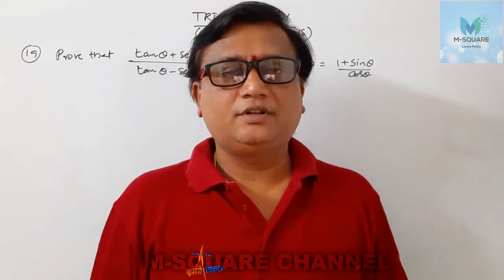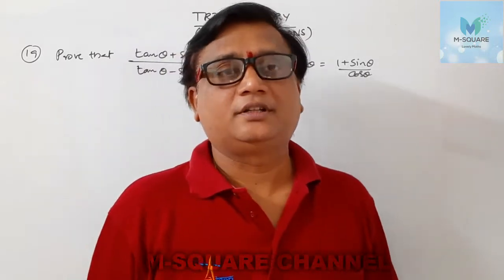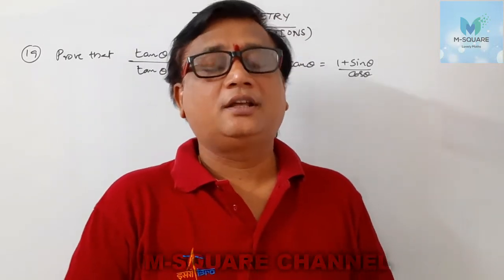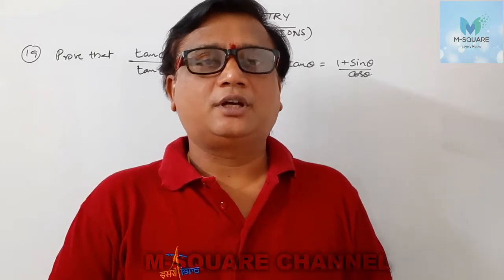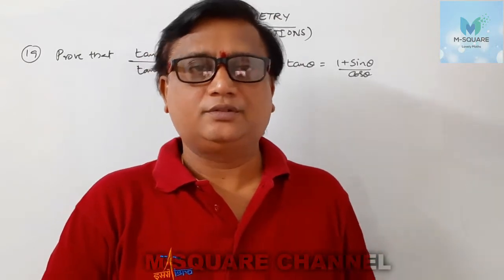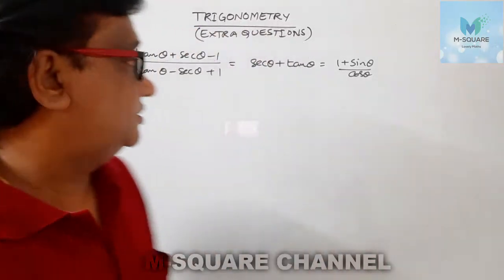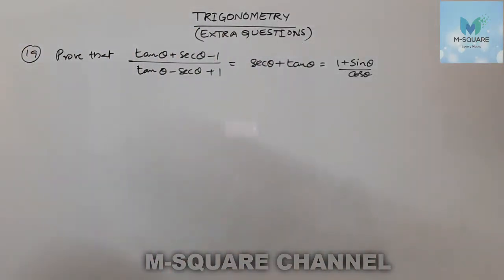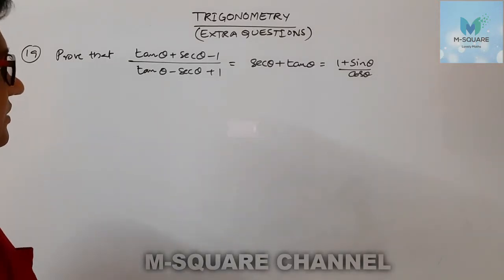Hi, in this video session, I'm going to explain extra questions of trigonometry. In the previous video, we completed 18 questions. So from the 19th question onwards, I'm going to explain in this video. In this 19th question, prove that (tan theta plus secant theta minus 1) by (tan theta minus secant theta plus 1)